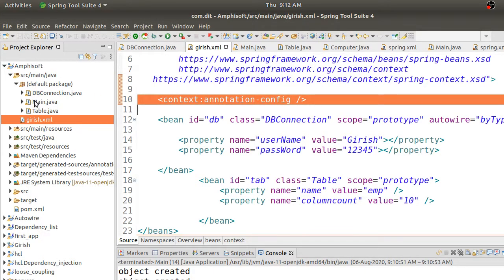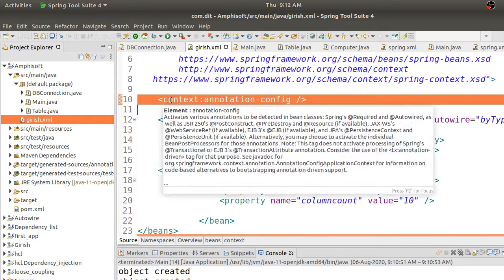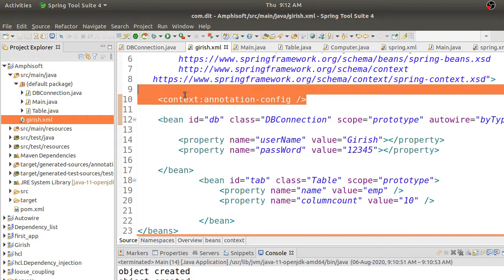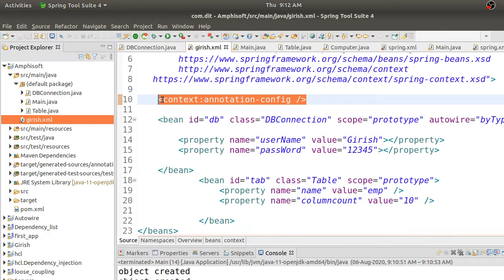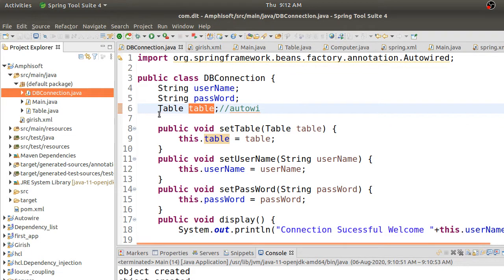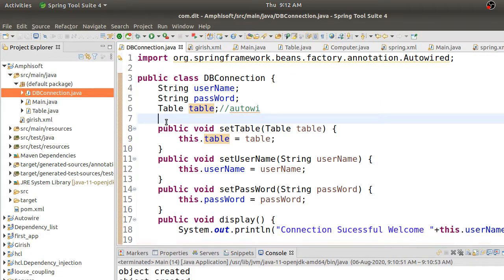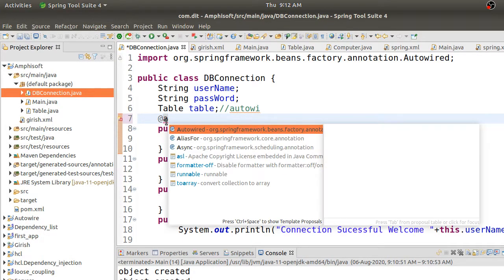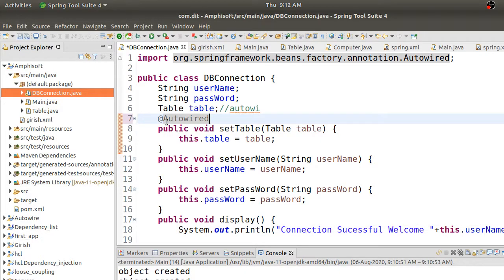And one important thing that you should remember here is, if you don't write this line, your @Autowired annotation will not be valid. Your annotation will be off by default. If you want to switch it on, you should go and write this line. If you don't write this line, it will not be on. Okay, auto wiring will not be on. Auto wiring in terms of annotation. So this @ annotation will not be active. @Autowired will not be active by default. So you have to manually configure it.